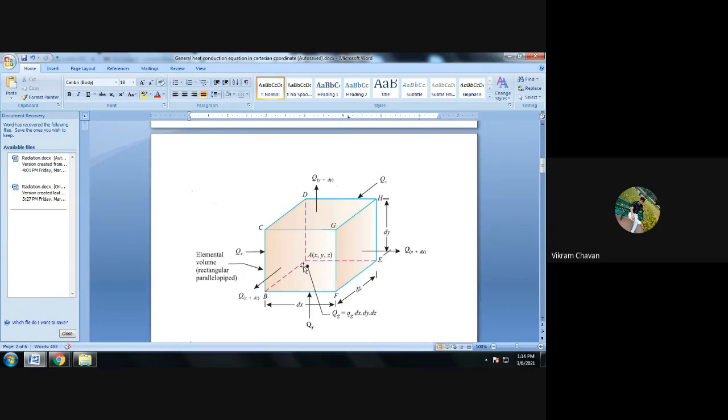So we have considered this as the x direction. This is the origin. Point A is the origin of all the axes, and this direction is the x direction we have considered. Then this direction is the z direction, and the vertical direction we have to consider as the y direction. So draw it.